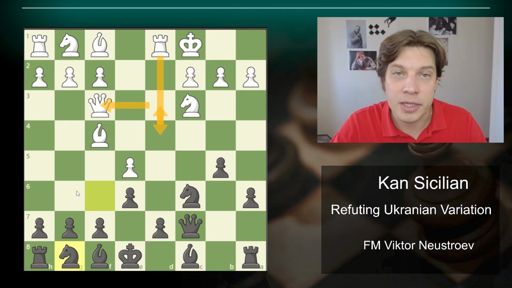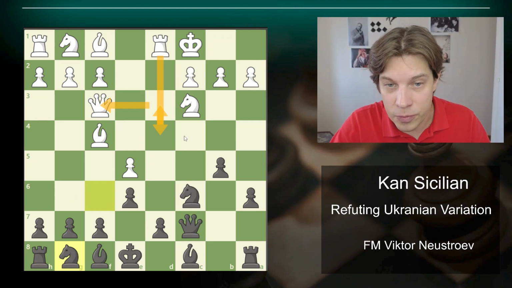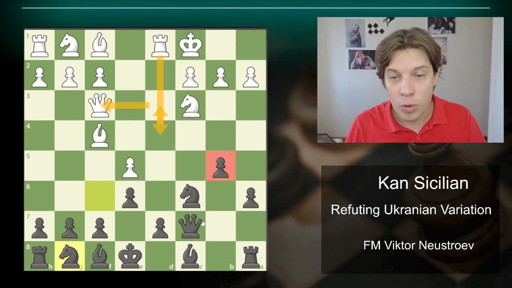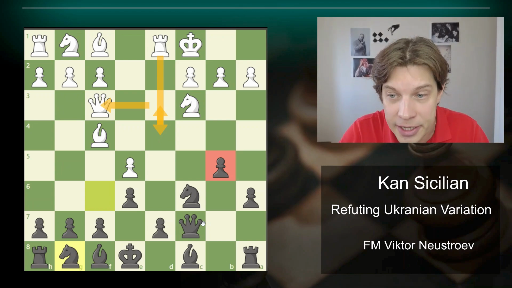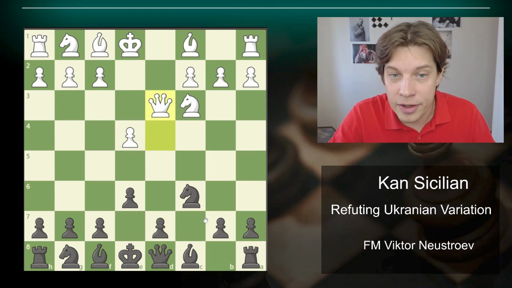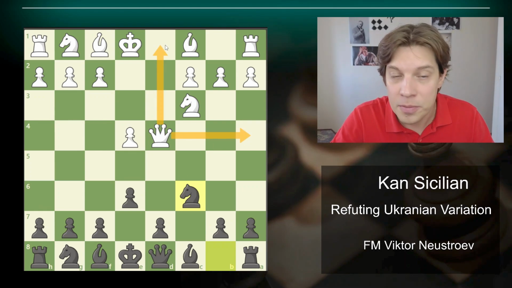This is approximately equal position. Also, you can check it with the engine if you want. You have a queenside attack. They are going to attack on the kingside, but because the pawn is already on b5, black seems to have more success with this attack. That's it. Well, of course, there are other moves to retreat with the queen, a4 and queen d1 still, but